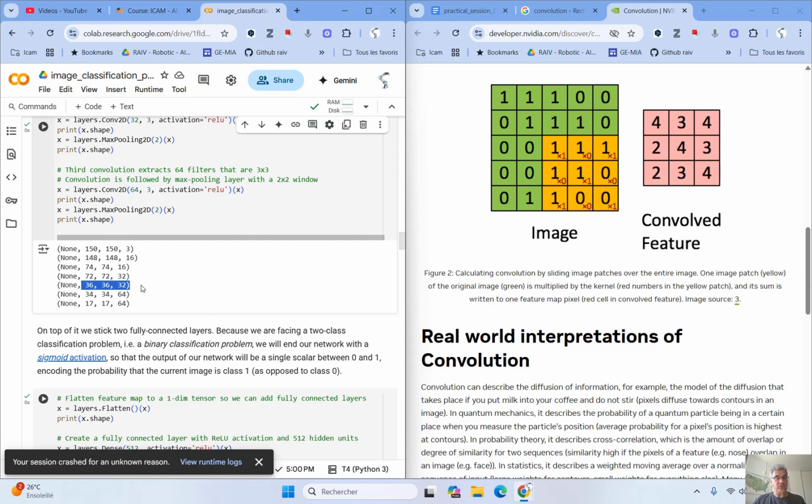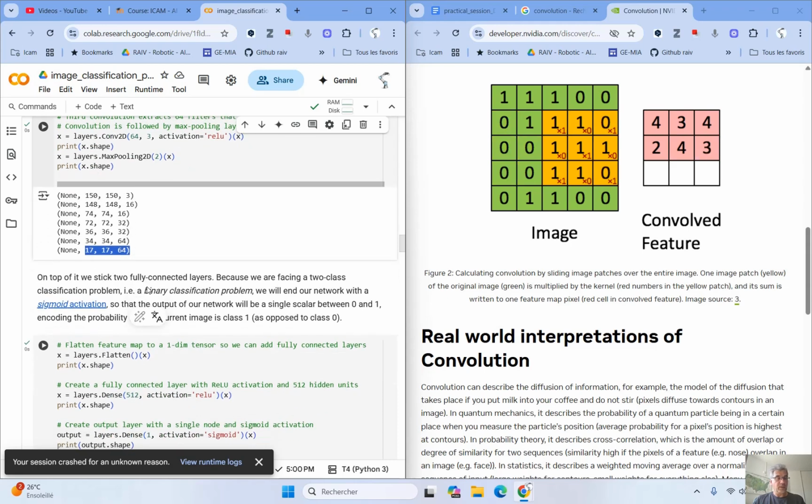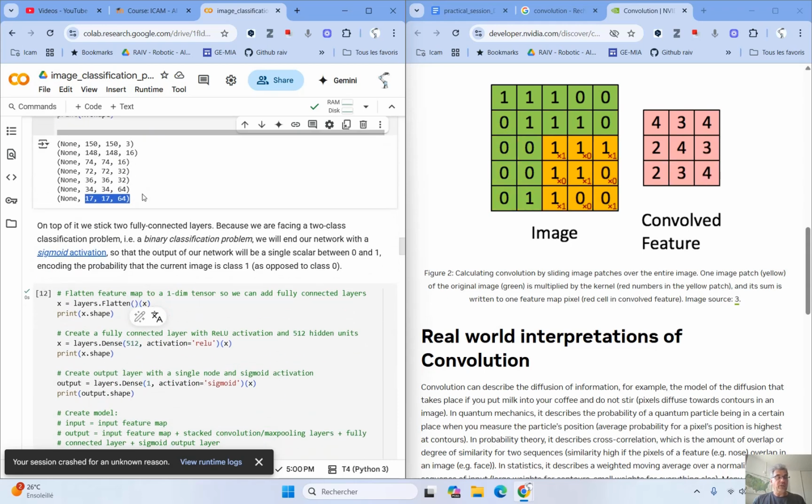Here we divide by 2. The same here with the 64 kernels. And here is the final output after passing through the 3 couples of convolutional and max pooling layers. So now we have finished the feature extraction part of the deep learning model.